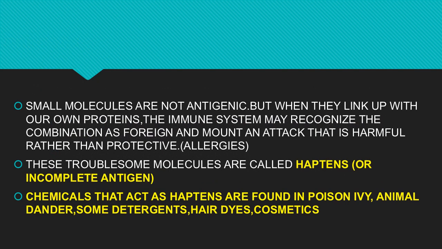Small molecules are not antigenic, but when they link up with our own proteins, the immune system may recognize the combination as foreign and mount an attack that is harmful rather than protective. That is called allergy. So these troublesome molecules are called haptens or incomplete antigen. Chemicals that act as haptens are found in poison ivy, animal dander, some detergents, hair dyes, and